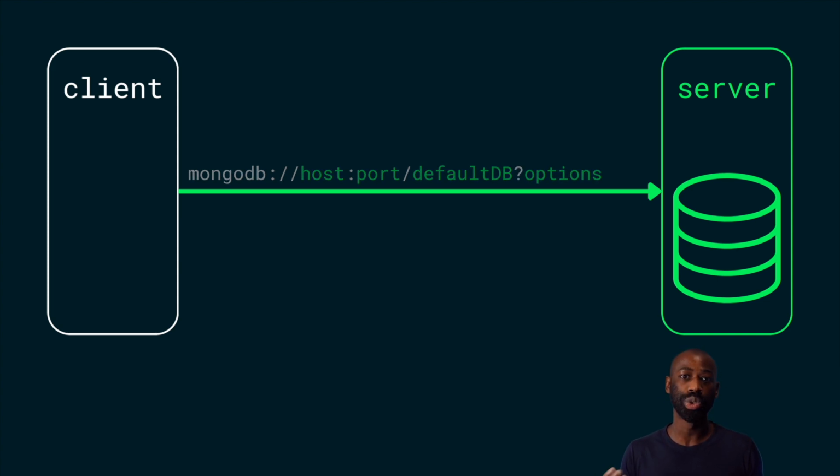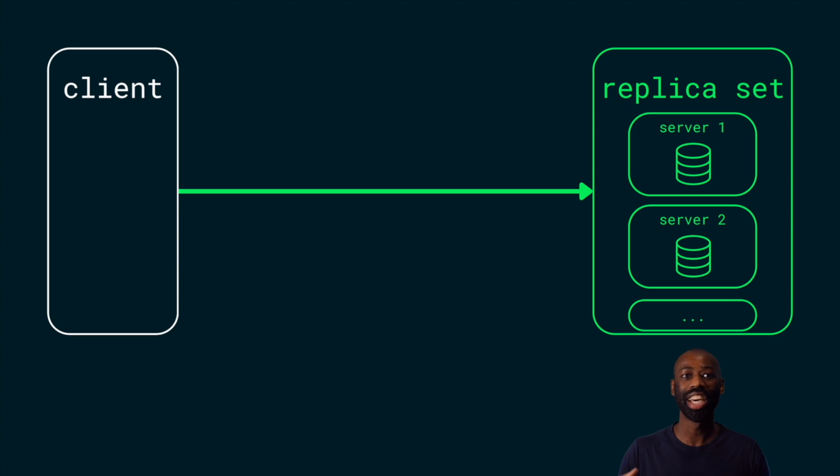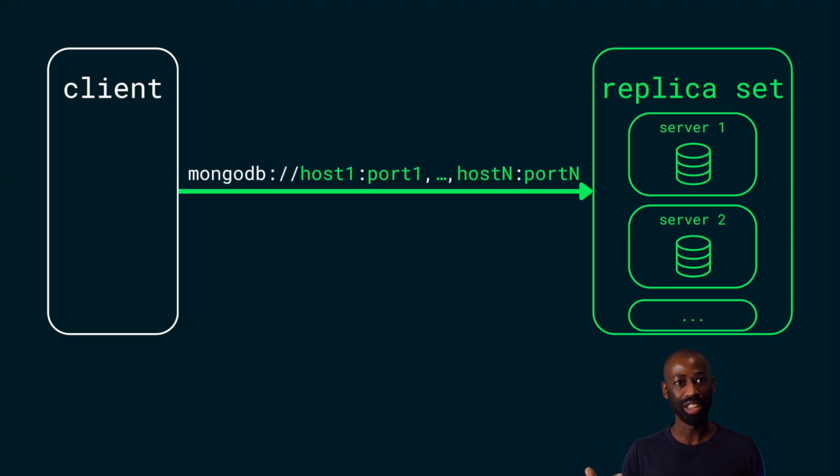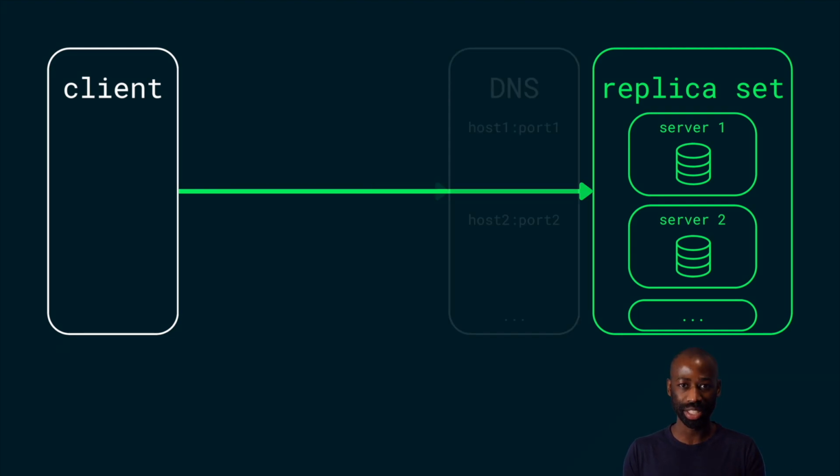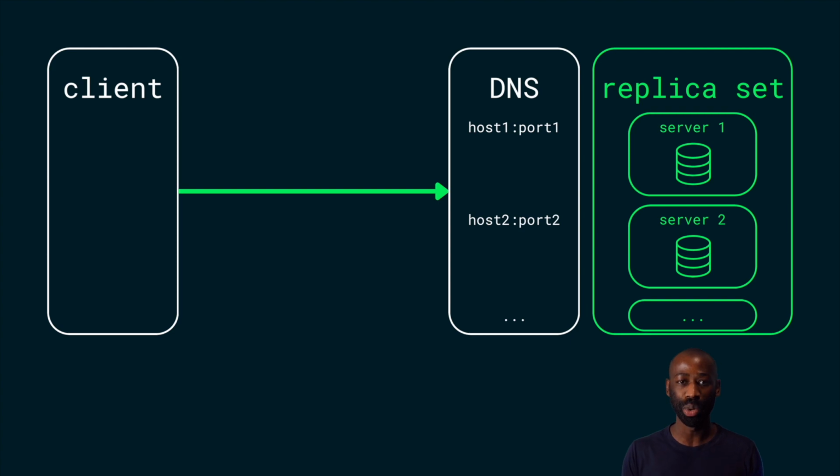You can include username and password followed by the host and port number, and you can even have a list of host and port separated by commas if you want to connect to a replica set with multiple servers. In some cases, your connection string will point to a DNS server that has a list of MongoDB servers, and instead of using MongoDB as the protocol, you will use mongodb+srv. So now that you know all about the connection string, let's move on to the demonstration and connect to a